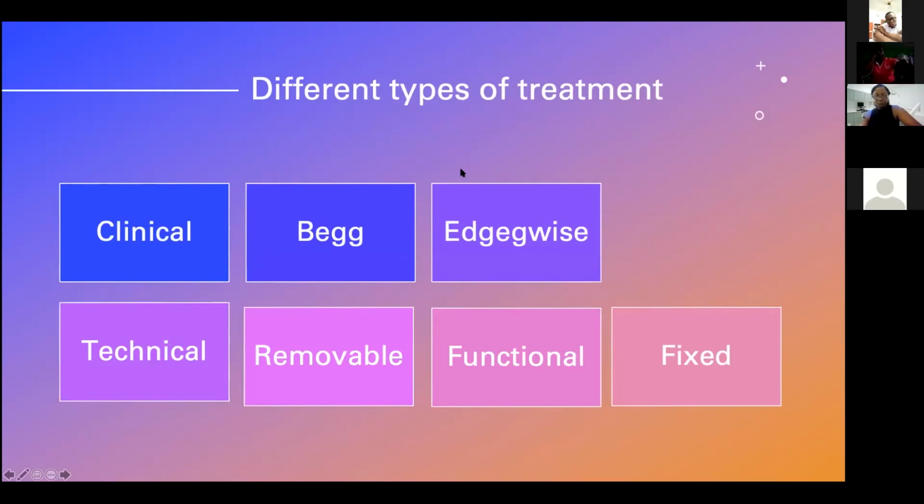All right, so when we look at different types of treatment, we have the clinical type and the technical type. When it comes to the clinical type, there are various different types of fixed appliances that we can use. The most common ones are known as Begg and Edgewise. And then when we come to the technical side, which is what a technician would do,